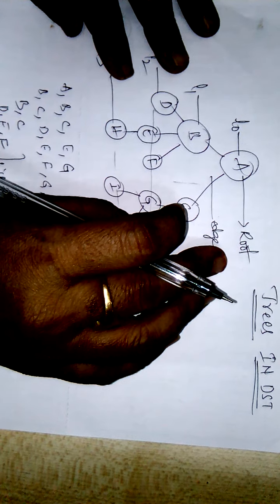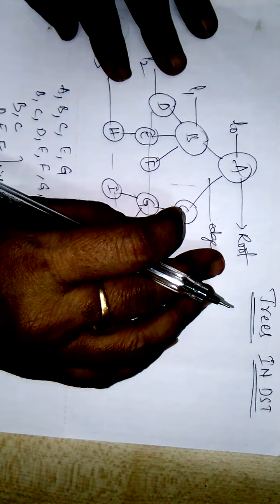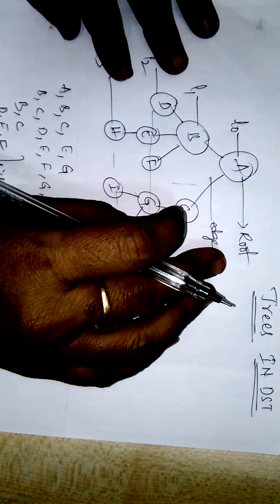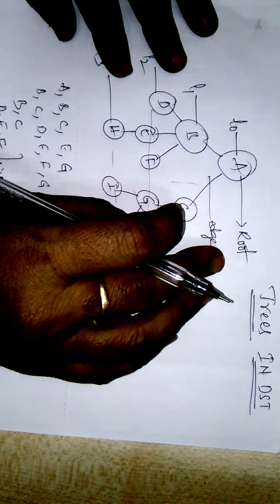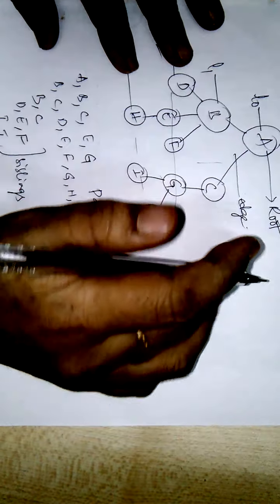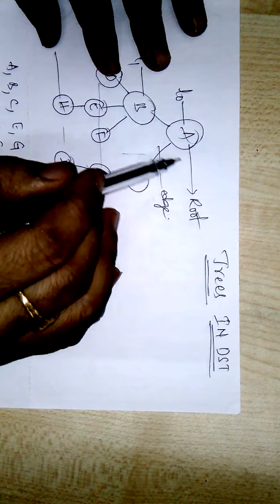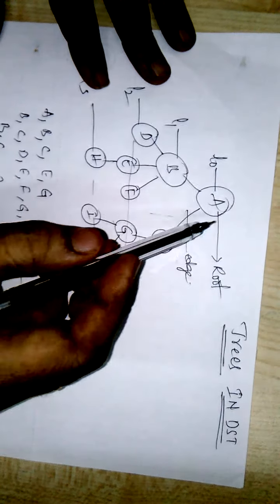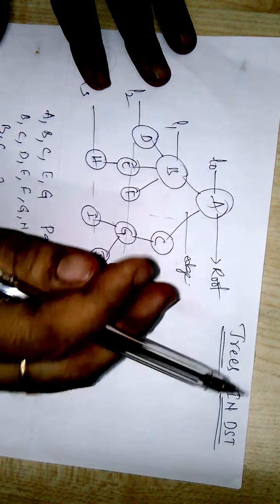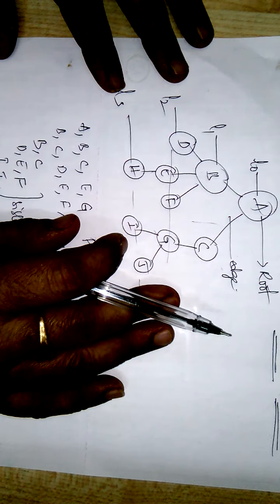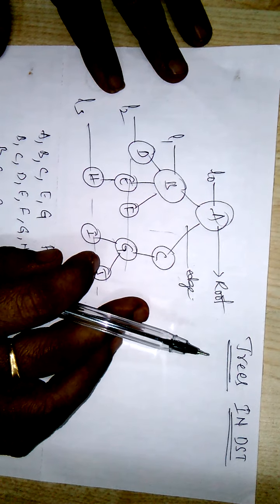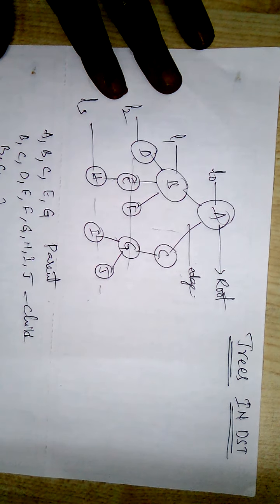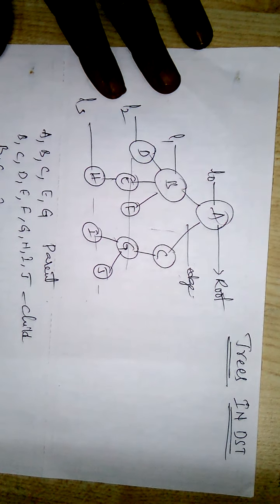In linear data structures, data is organized in sequential order, whereas in non-linear data structures, data is organized in random order. Trees are a non-linear data structure. Here the data is organized in a non-linear fashion and in random order. That's why we call the tree a very popular non-linear data structure, and it is widely used in many applications, mostly in network applications.